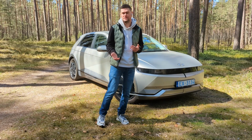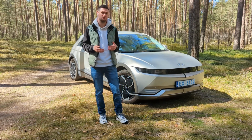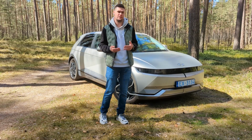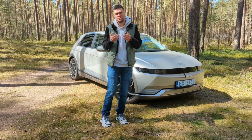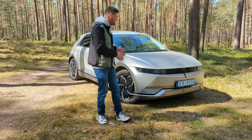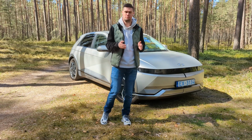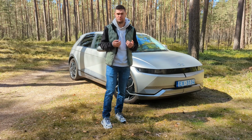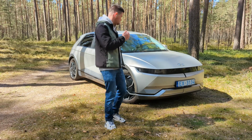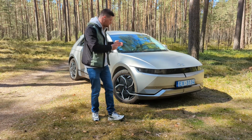There is not much difference between this one and the newest one, 2023, except a bigger battery and so forth. But actually, I was gonna tell you how beautiful it is, how many awards it has won, but I'm not here for that. I'm gonna tell you about my personal experience because I'm an owner of this particular car, of this beautiful car,